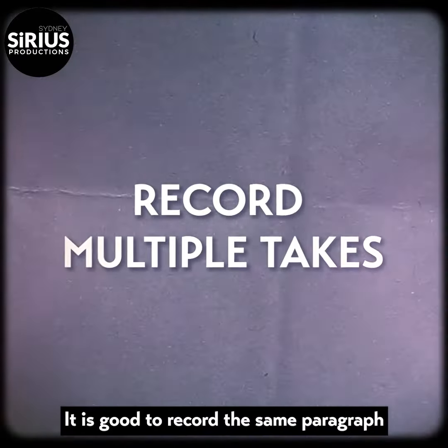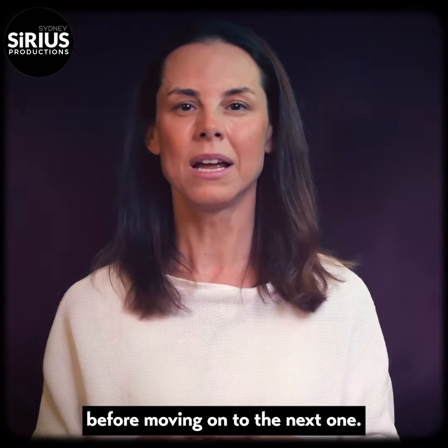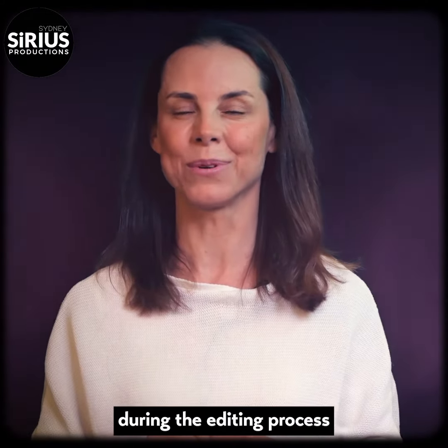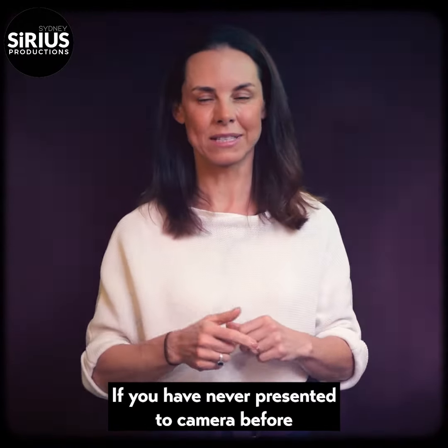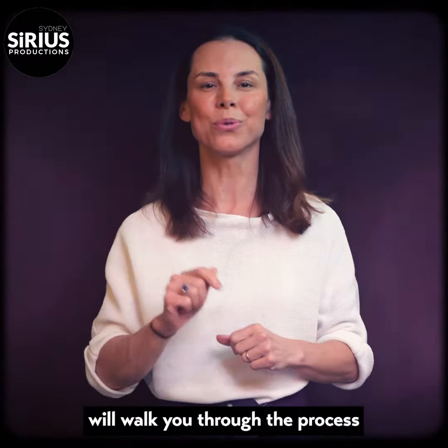It is good to record the same paragraph a couple of times before moving on to the next one. This gives the editor a variety of takes to use during the editing process in order to find that best take. If you have never presented to camera before, our team at Sirius Productions will walk you through the process